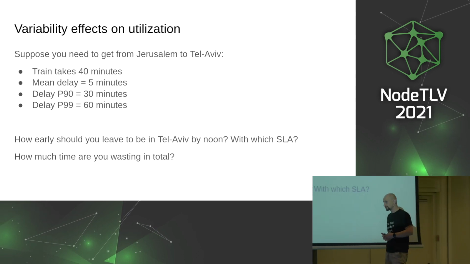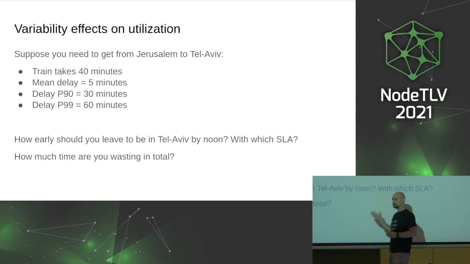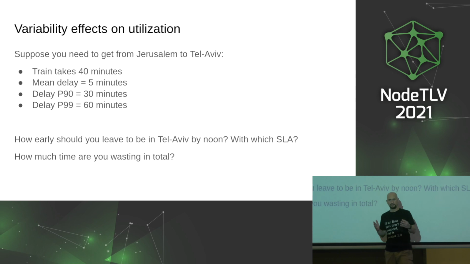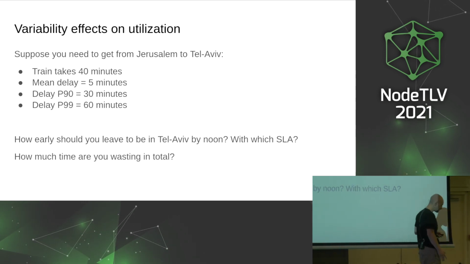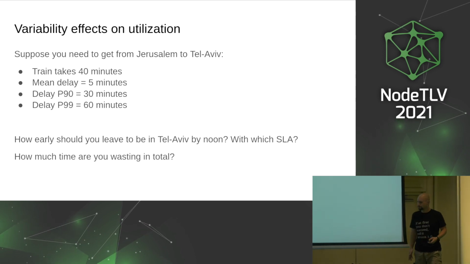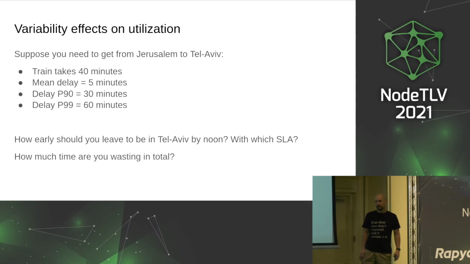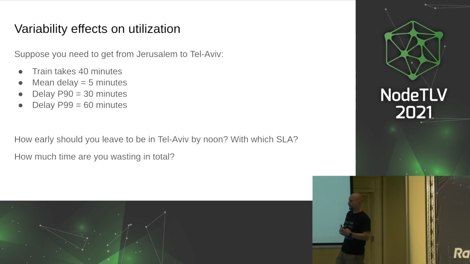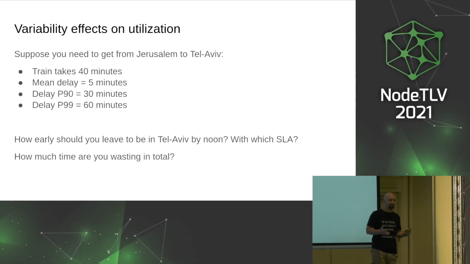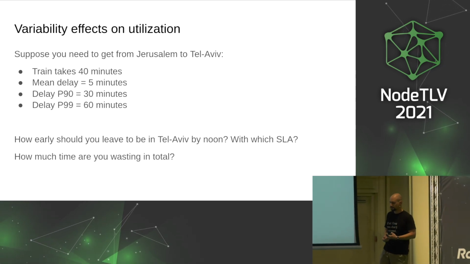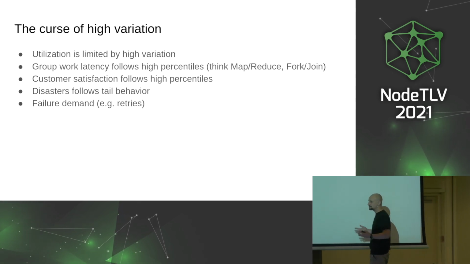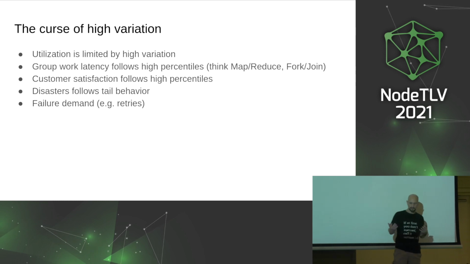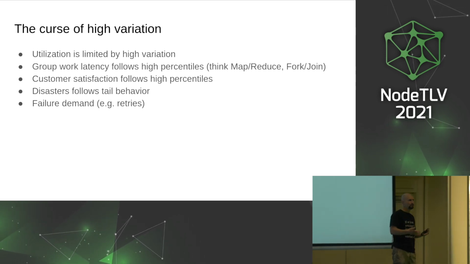So most times, that time you'll just be waiting for the train, and that time will be wasted. But you still have to spend that time to get that probability of reaching your destination on time. And this is why in computer performance, when you have large variability, we're wasting a lot of resources just to keep an SLA. So that's basically the problem of variation. And high variation has impact in a lot of places in our systems.